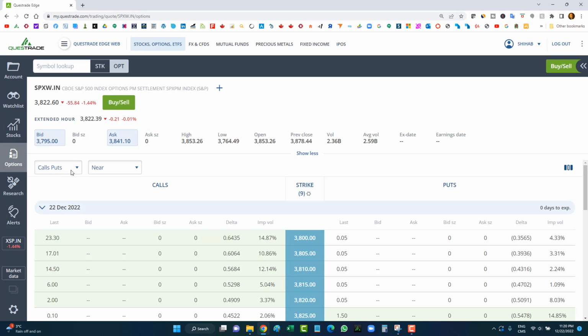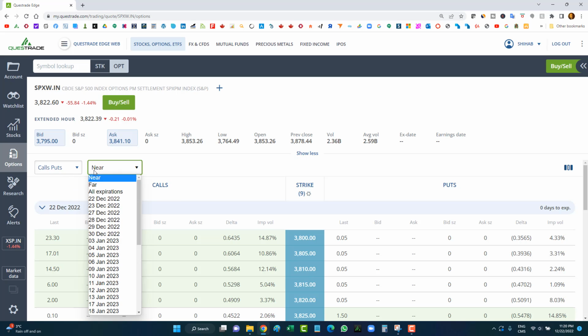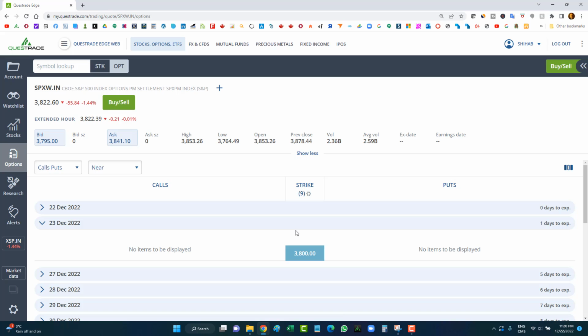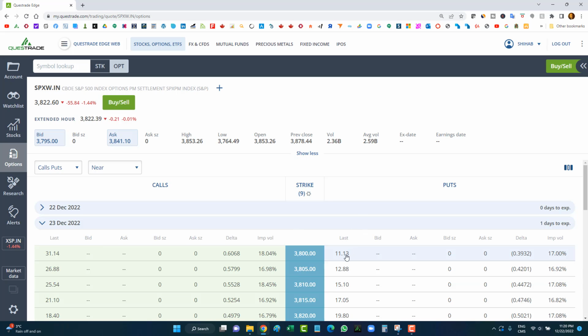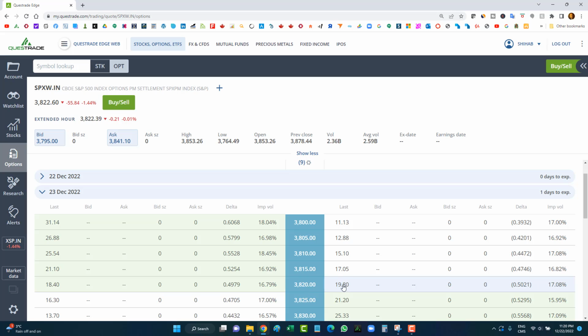Okay, so because the market is closed right now, instead of looking at December 22nd, I'm just going to look at December 23rd. I'll just pretend like we are December 23rd, but December 23rd is actually tomorrow. So as you can see, I would look at the expected move. To get the expected move, I look at the at-the-money value of the call and the put. So where the index is at 38.20, so 38.20 is over here. You could see the put is worth $19 or $20, and then the call is worth about 19. So let's just say $40, round it up to 40. So I'd go 40 points lower. So 38.20 minus 40 is